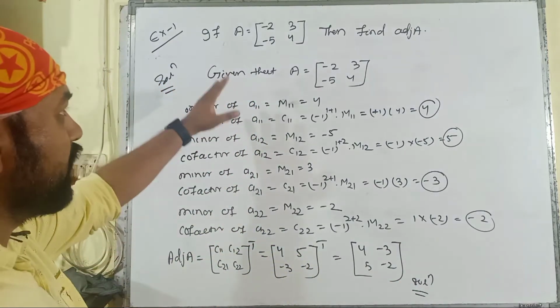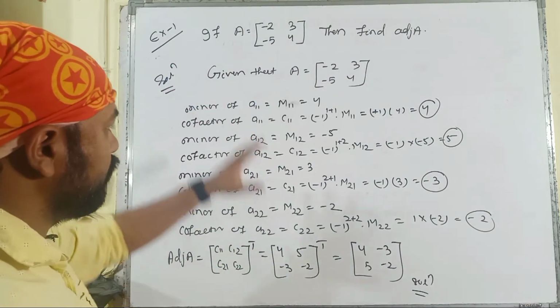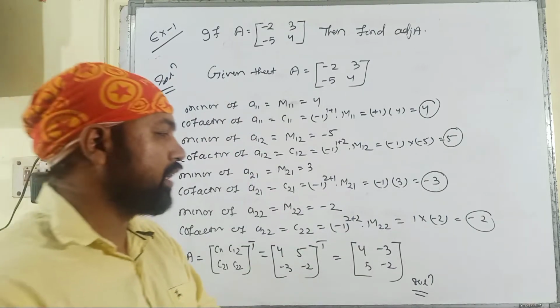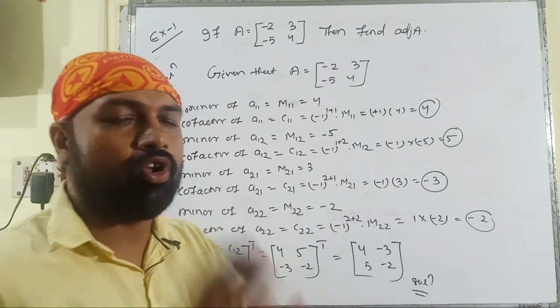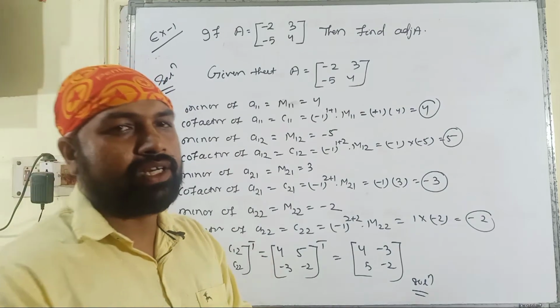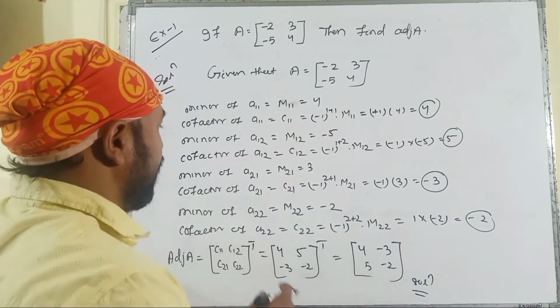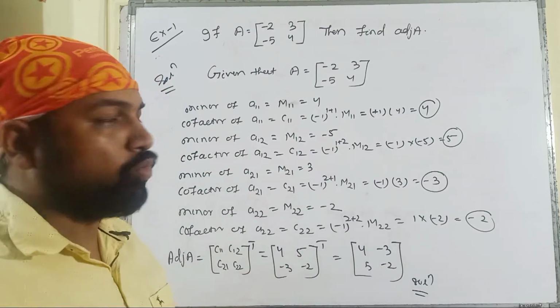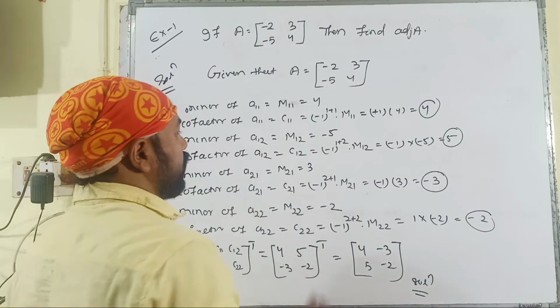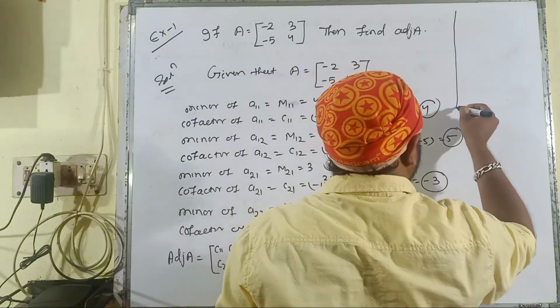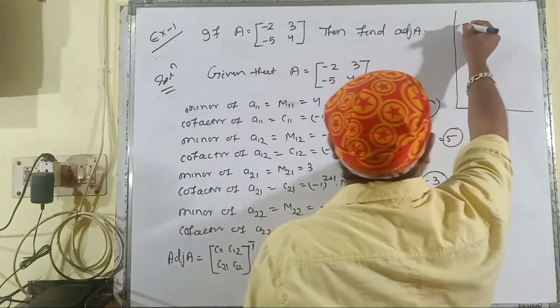So this is the complete procedure. We just have to find out the minors, the cofactors, and then the transpose of all the cofactors present in that matrix of the elements in the form Aij. But if this question is an objective question, then what do we have to do? We just have to go through this condition.